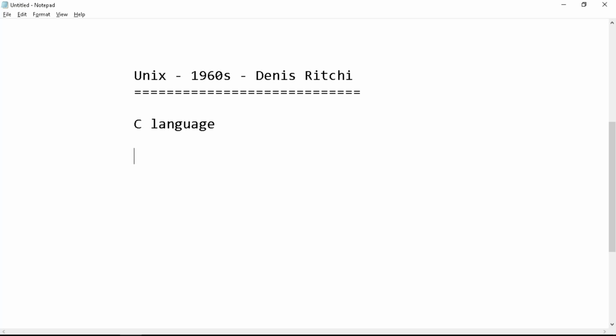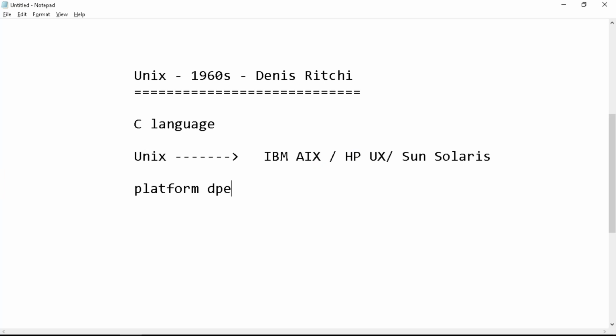So what was the problem with Unix? When you say Unix, what are the flavors of Unix? So basically Unix, IBM AIX, HP-UX, Sun Solaris. These are the different flavors of Unix, right? So these are the companies who used to develop operating systems, and this is platform dependent. In the sense, AIX runs only on IBM machines, HP-UX runs only on HP blades, Sun Solaris runs only on Sun machines, right? So if I use Sun Solaris on IBM machines, it doesn't work. So these are the hardware vendors,